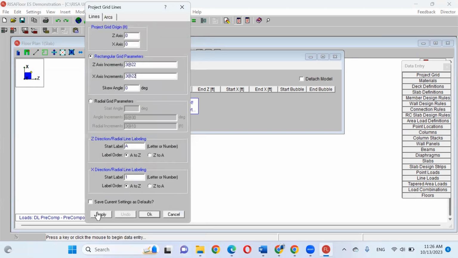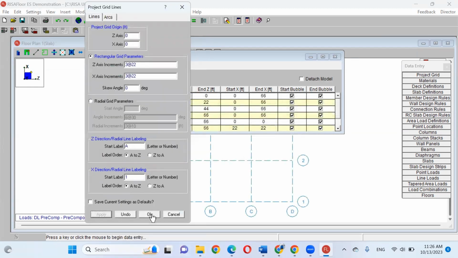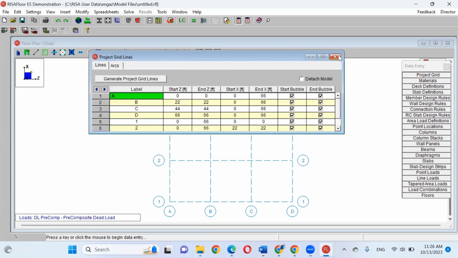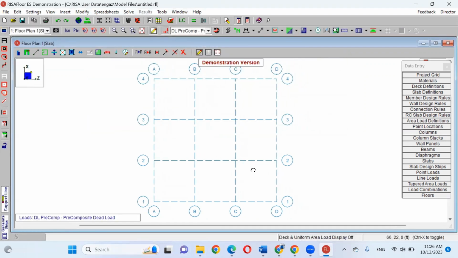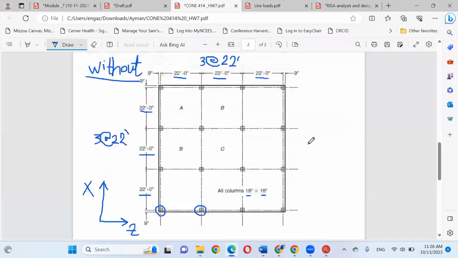Once you say apply and close this window, you will have grid lines that look exactly like what you have in your problem. That makes sense? So I defined in the Z direction 3 spacings every 22 feet.